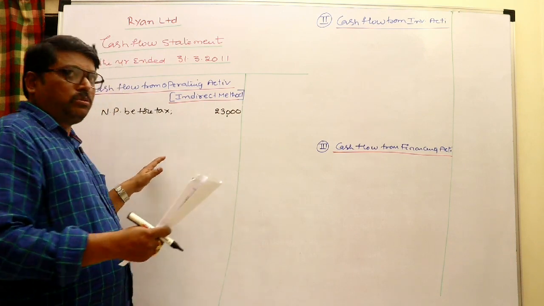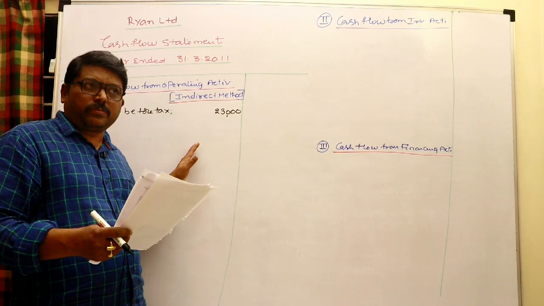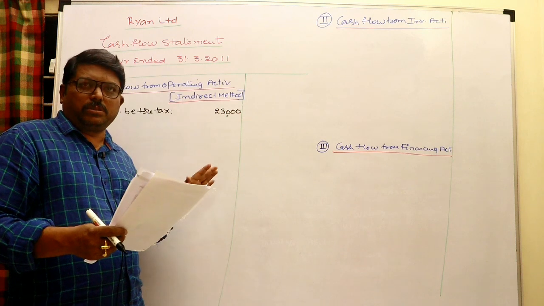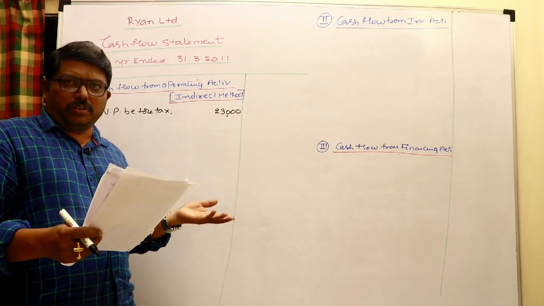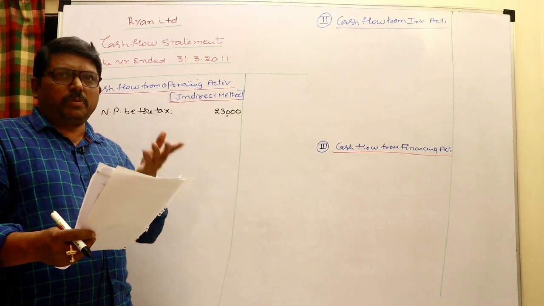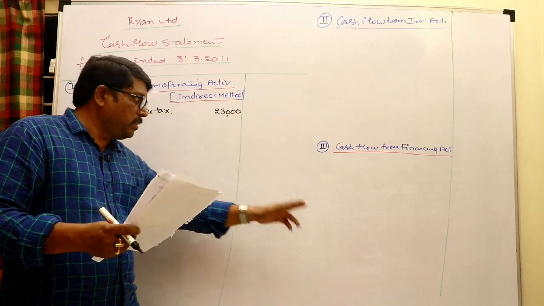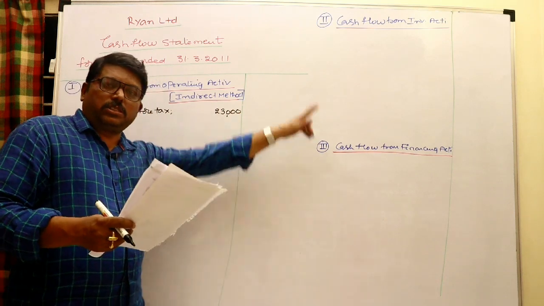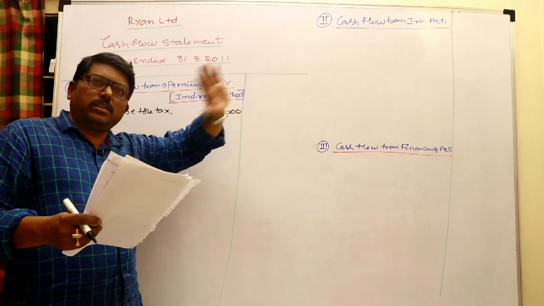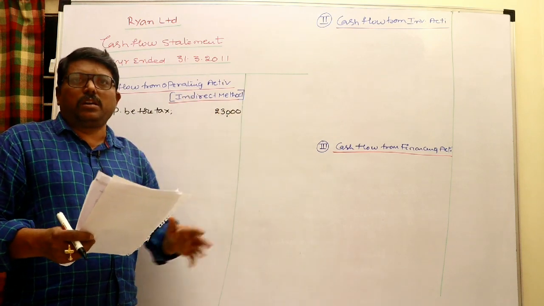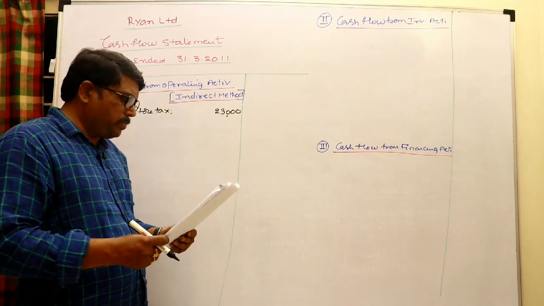Now what are we supposed to do? Depreciation and amortization should be added back. Non-operating items, interest paid, interest received, profit or loss on sale of assets and investments, should be withdrawn because they are non-operating items. But interest paid is a financing activity, interest received is an investing activity. Profit or loss on sale of assets and investments need not be written anywhere, they are automatically incorporated by the amount received on sale of assets and investments.